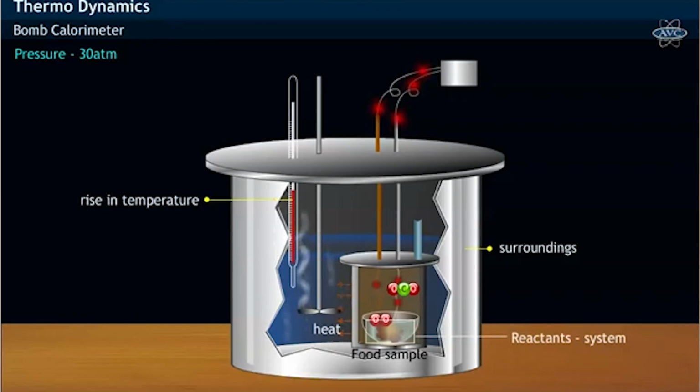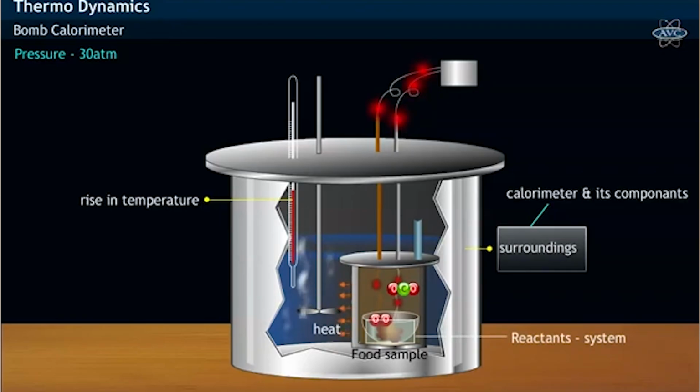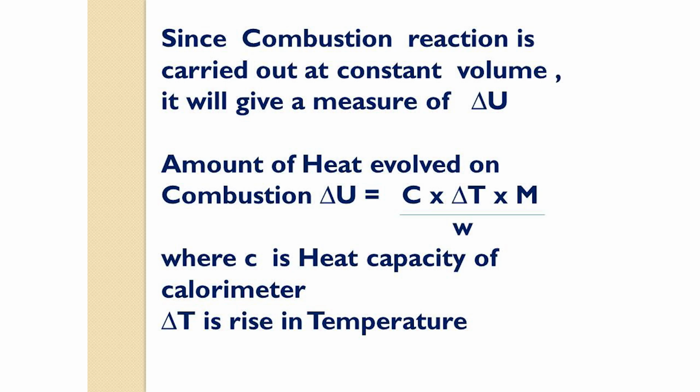Heat evolved in the exothermic reaction raises the temperature of water in the calorimeter, which is noted carefully with the help of a thermometer. By knowing the heat capacity of the calorimeter, the amount of heat evolved in the reaction can be calculated. Since the combustion reaction is carried out at a constant volume, it will give the measurement of internal energy change,